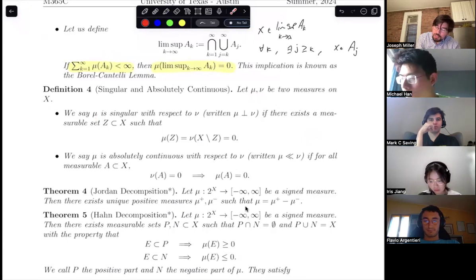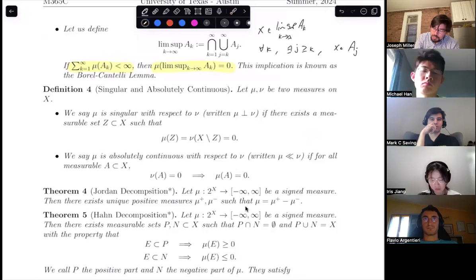So we say mu is singular with respect to nu, and it's written like this, mu perp nu, if there exists a measurable set Z such that when I take the measure of Z, and I take the nu measure of the complement of Z, I get 0. So in some respects, if you're looking at it from the perspective of nu,